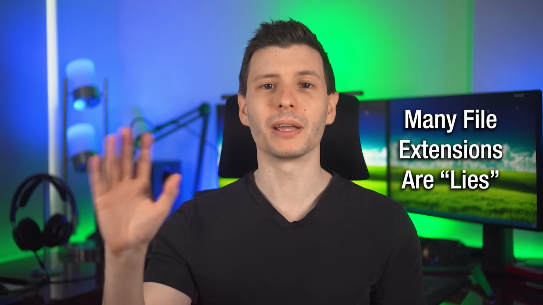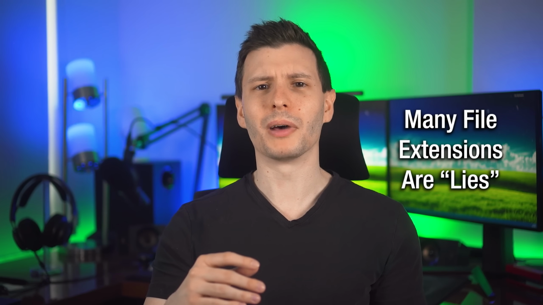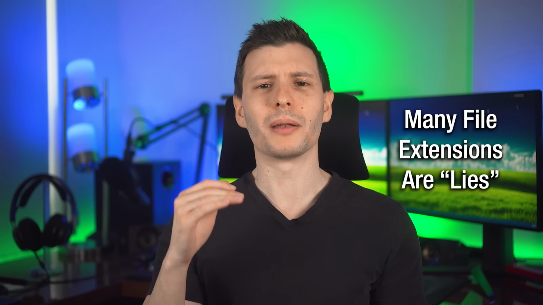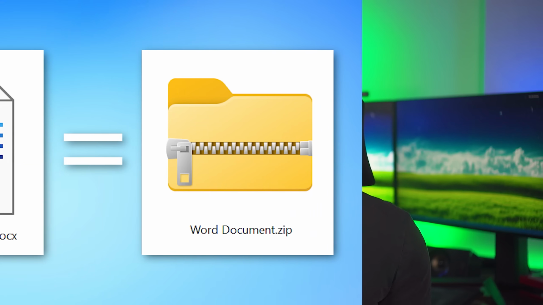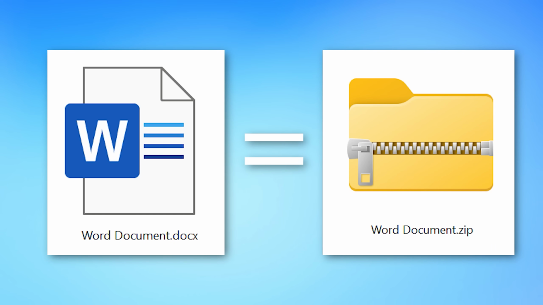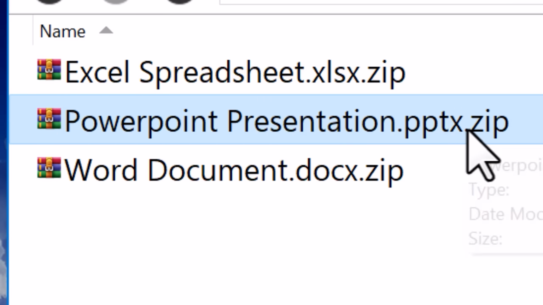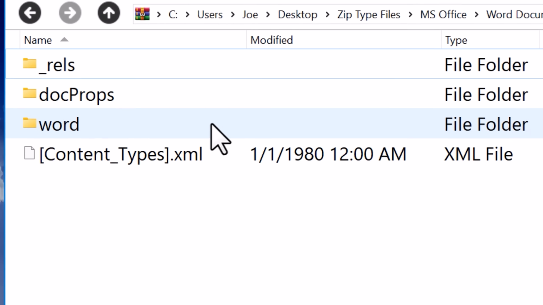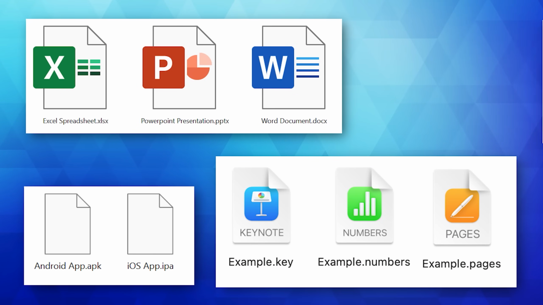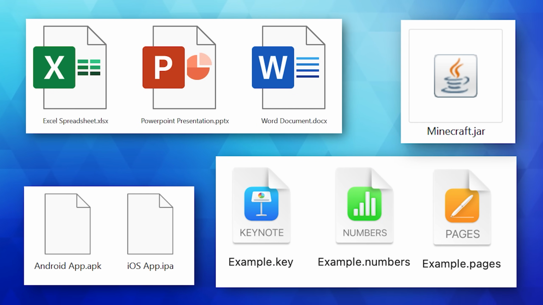And I have some other example scenarios in a second, but another general use case is that you might not realize a lot of file extensions are actually lies. Well, not a malicious lie, but for example, you might not realize that a lot of the Microsoft Office files like Word docs or PowerPoint are actually, despite the extensions, just zip files in disguise. You can literally change the extension to a zip file and extract it. The same goes for Apple's document files, as well as a bunch of others.